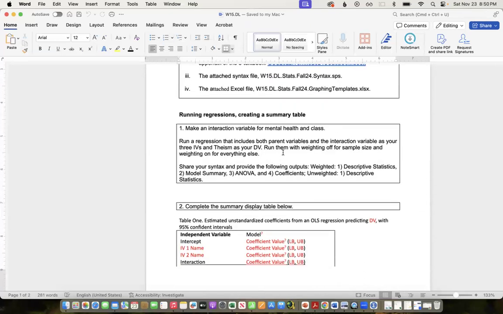And the GSS data set does not have any interaction variables already in it. So we're going to have to start by making one. So we're going to start, again, we're going to use theism as our dependent variable. And we're going to start by doing an interaction of mental health and class. Okay, so